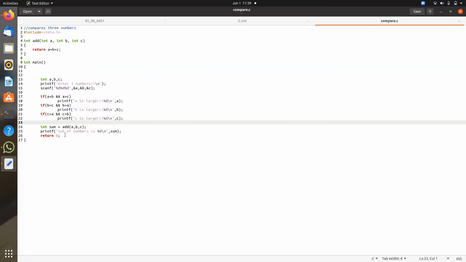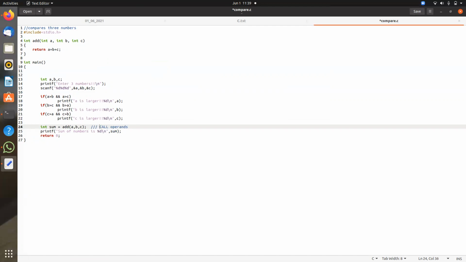If you want to convert this line to assembly, it is replaced by a call instruction plus operands. You have seen add, subtract, move, and all these instructions, right? Like that, there is a call instruction also, and there will be an address also.